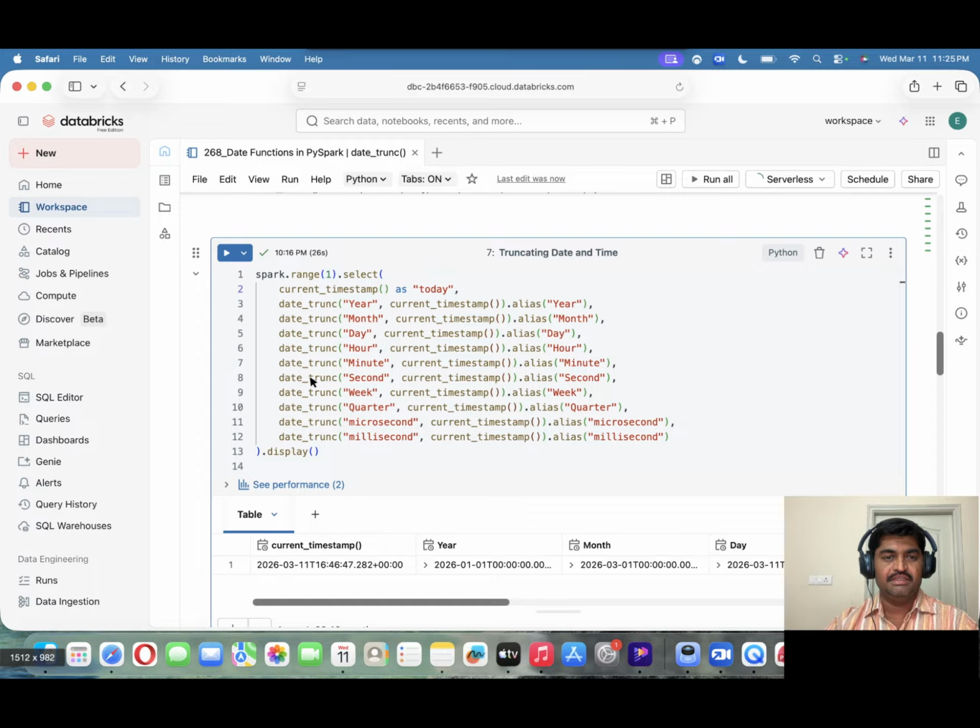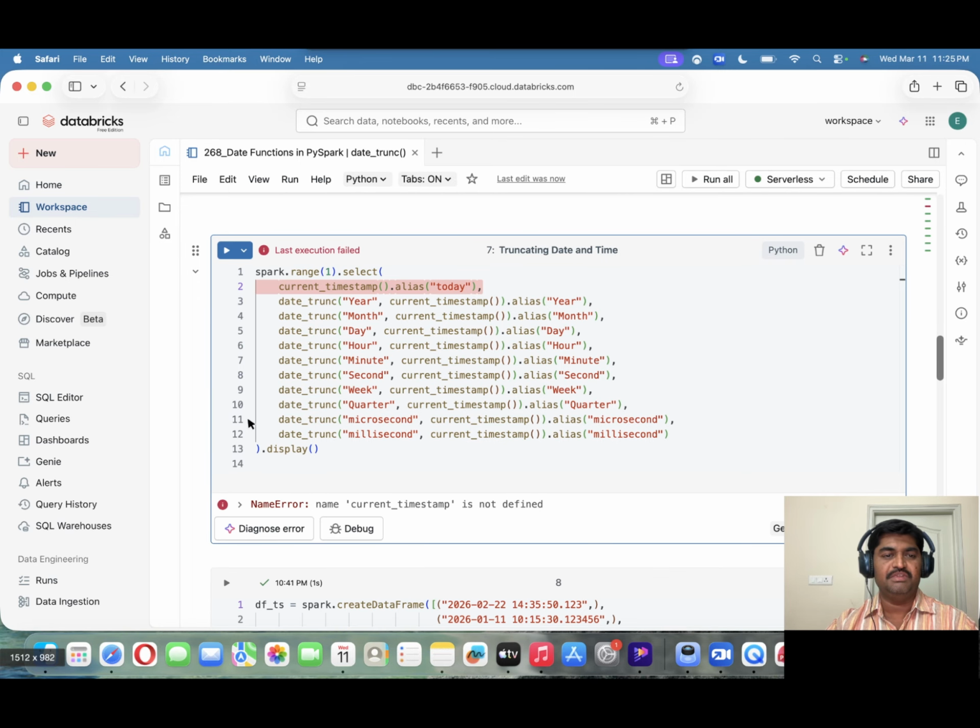So currently default is current_timestamp. So since I gave alias here, so okay, I wrote in SQL. So I will change this to PySpark. So now this column will change to,